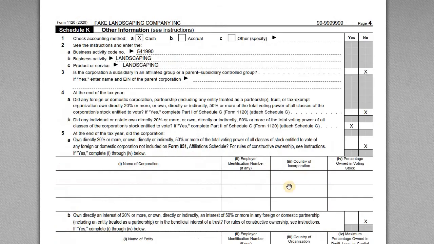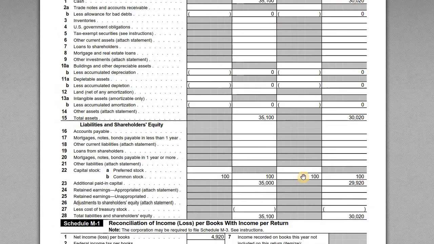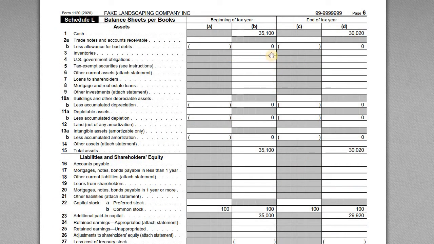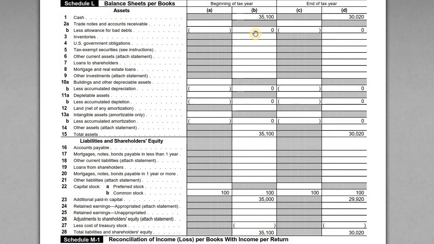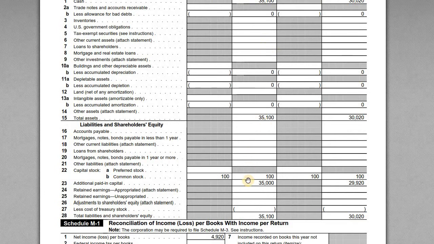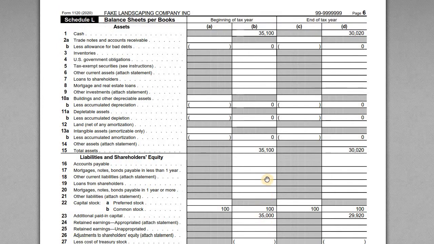So if we jump down to the balance sheet, this is where it's going to make a lot more sense. So here we have the balance sheet for the company. Again, it was formed last year at the end of the year, but it didn't have any operations. So last year, the shareholder put in $35,100 in cash, and that comprised $100 in the common stock purchase, and then there was that $35K in additional paid in capital. So remember, when a shareholder contributes cash to the corporation, it comes in the form of equity or debt, right? It's not income to the company. So in this case, it went in the form of equity, $100 in common stock, and then the APIC of $35K. And so during this year,